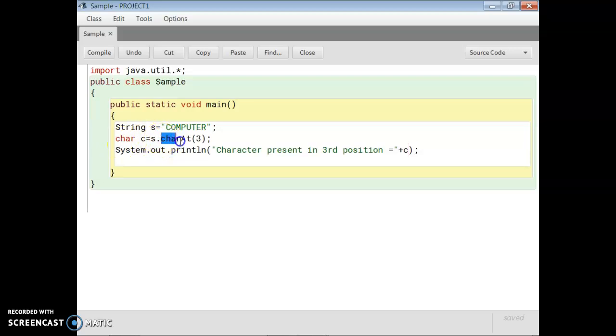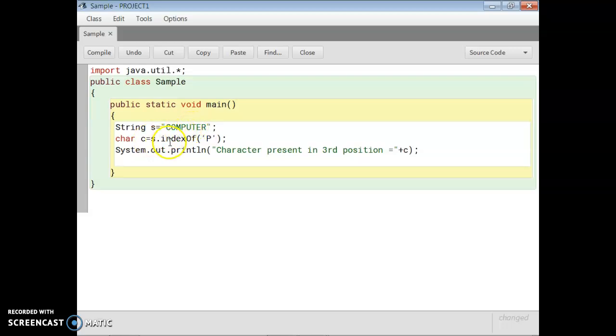Always you start with your string name, whatever your string variable name is, then dot, then indexOf. In indexOf, the O is in capital, and the rest of the letters are in small, with no gap. Here is only one dot. Then if I give key here, what does it return? The position of key. Index means position. The position of key here is 0, 1, 2, 3.